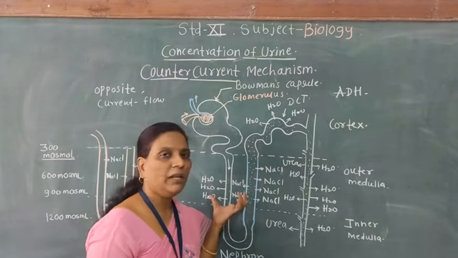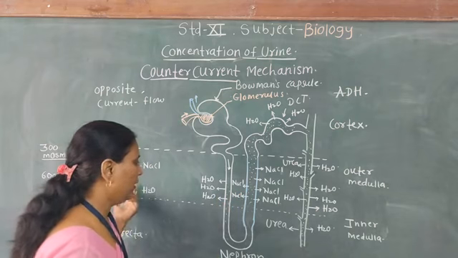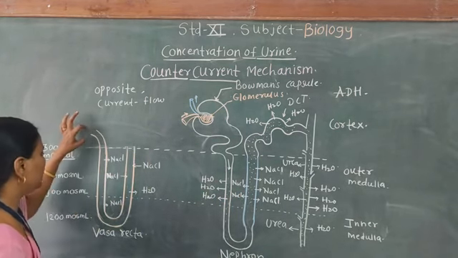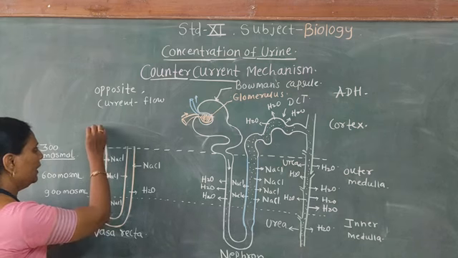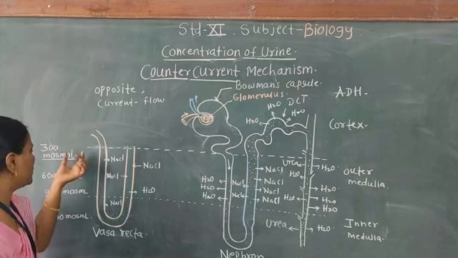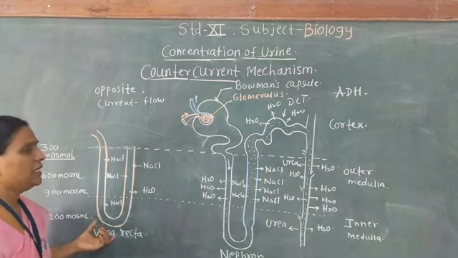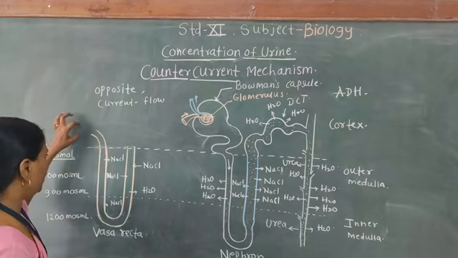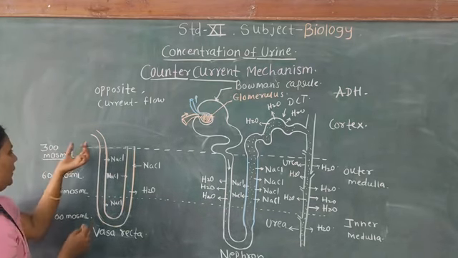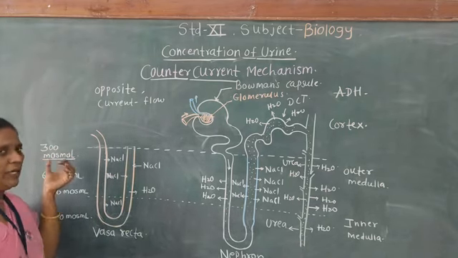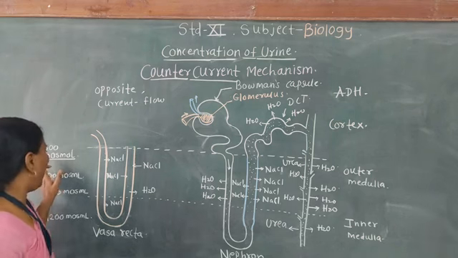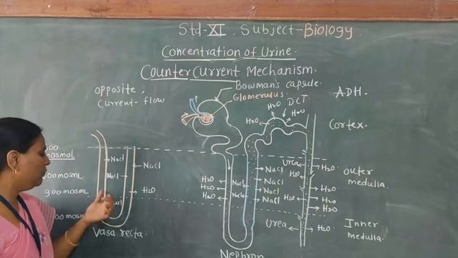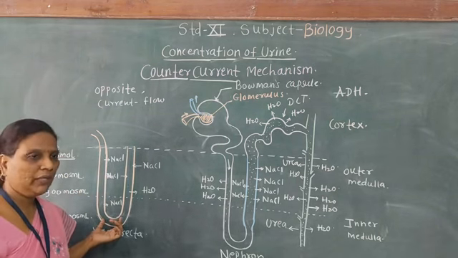Now the counter current mechanism takes place in the vasa recta also. So it takes place in the loop of Henle and the vasa recta. Now we will study the vasa recta: there is a descending limb, and in it the osmolarity slowly increases, which is necessary for the osmotic gradient. When the descending limb starts, the osmolarity of the blood is 300, and it slowly increases as the descending limb goes down into the deep medullary region.